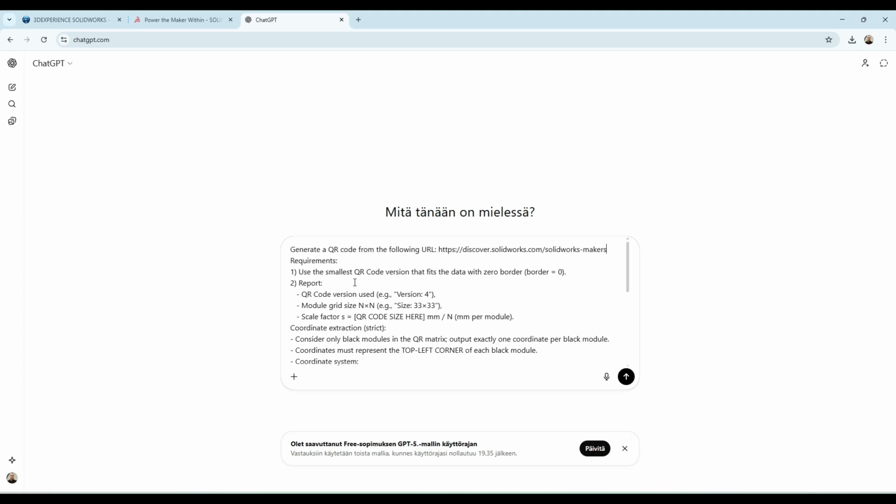And then I have asked it to create the smallest QR code version that will fit the data the link has, and to report after that which QR code version it used, which is the module grid size, 33 in this case, and the scale factor, which is your required QR code size.